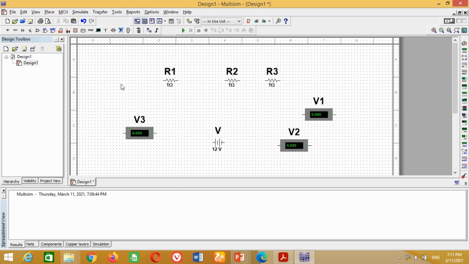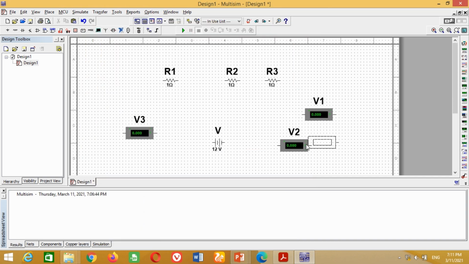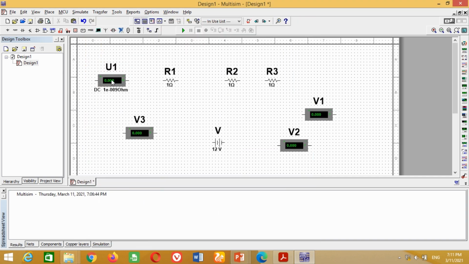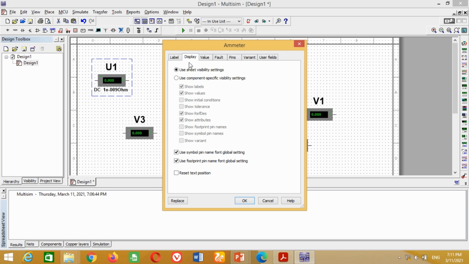Now we need an ammeter. Therefore again go to Place, click on Components. In the group section, click on Indicators and select the ammeter and press OK. Double click on this ammeter, click on Display, then click on component specific visibility setting and uncheck the show values.